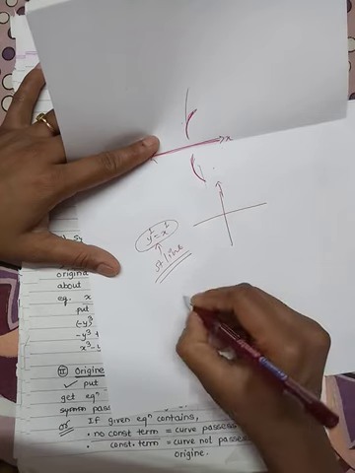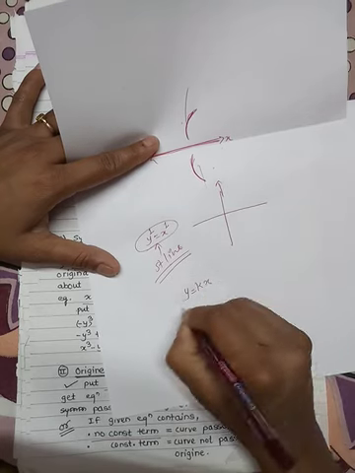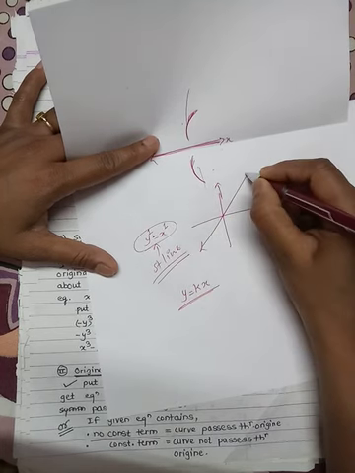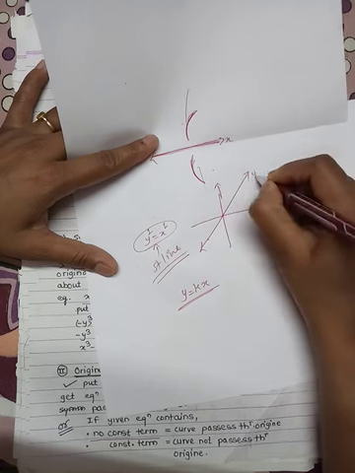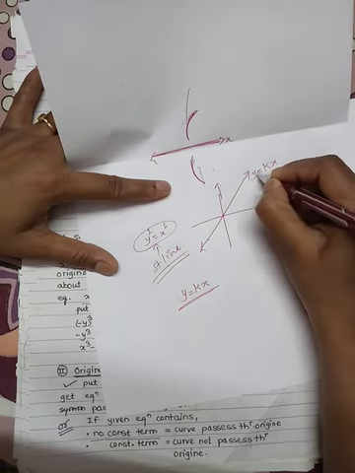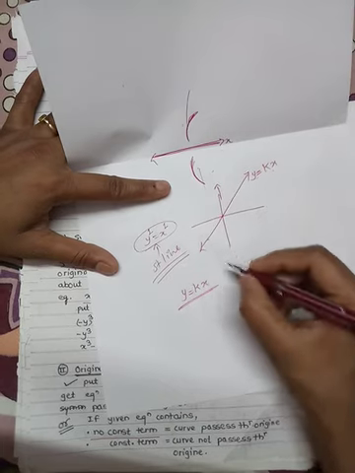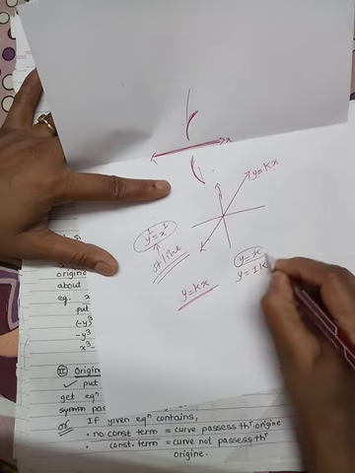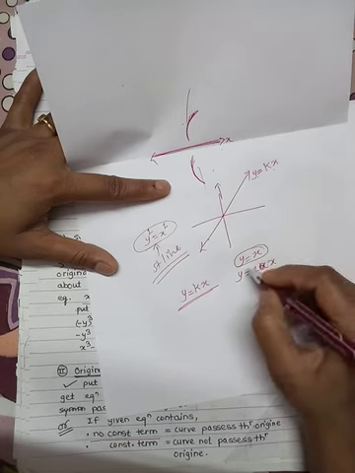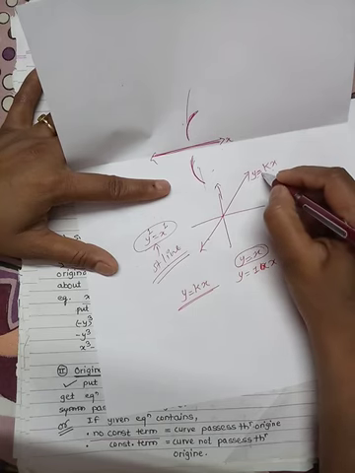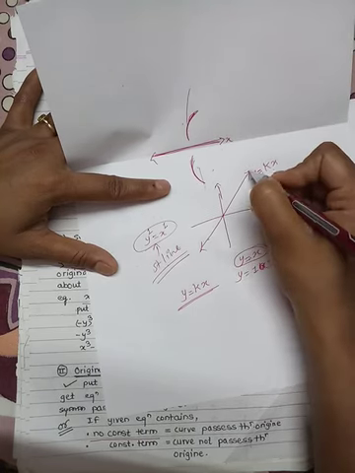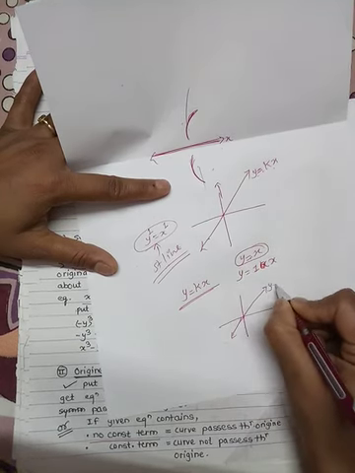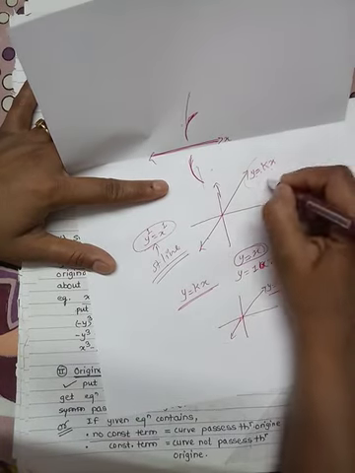So y is equal to x means the general equation is y is equal to kx, and this y is equal to kx is the straight line passing through the origin in the first and third quadrant. So the general equation of this straight line is y is equal to kx. So here we have given y is equal to x, means y is equal to 1x. So this equation is like this general equation. Hence this equation is this. That is, this is your y is equal to x line. And its general equation is this.